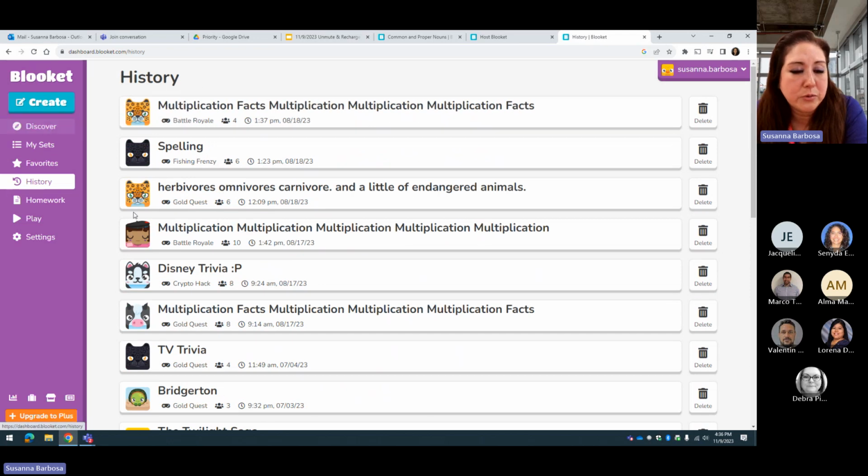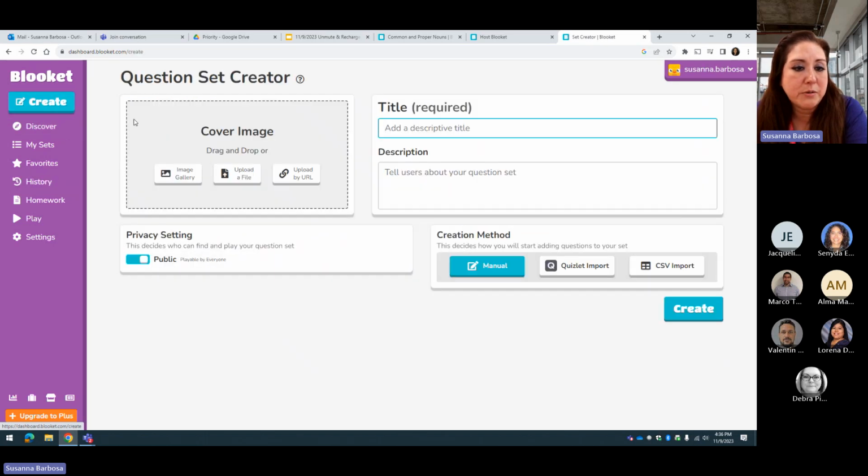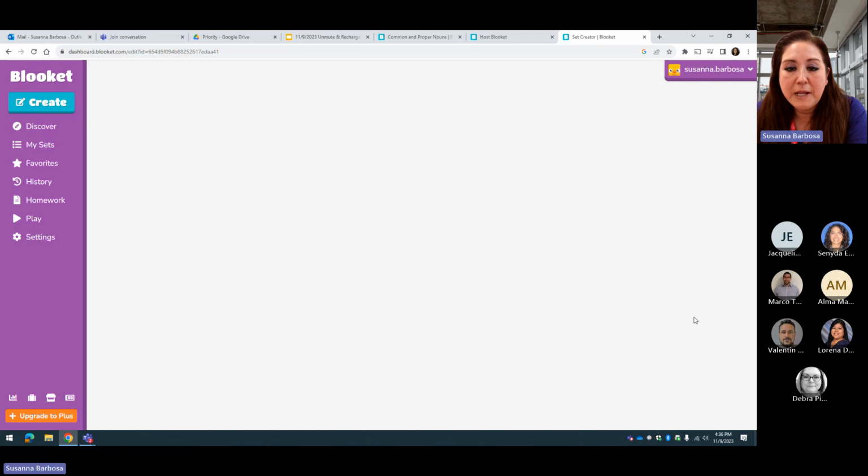So let's say you go through the material and you don't like what you see and you want to create your own. You press create, and you can put an image here, whatever image you want, and you can title it, like let's say multiplication. And you can make it public, or you can just keep it for yourself. You can just do it private. I'm going to do it private because I'm not going to publish it. And then you do manual, and then you can create,